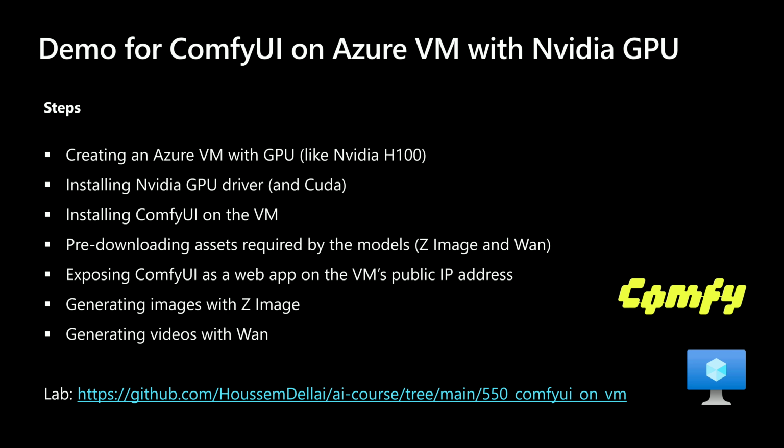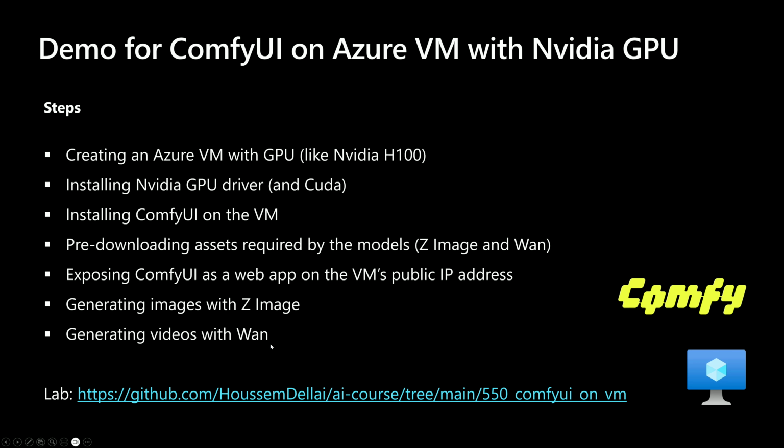The steps we're gonna go through are the following. First of all, we'll create an Azure virtual machine with GPU like Nvidia H100, and then we'll install Nvidia GPU driver, install ComfyUI on that virtual machine, pre-download the assets required by the models, and expose ComfyUI as a web application on the VM's public IP address. Then we'll test the configuration by generating images using the Z-Image model, and then we'll generate videos using